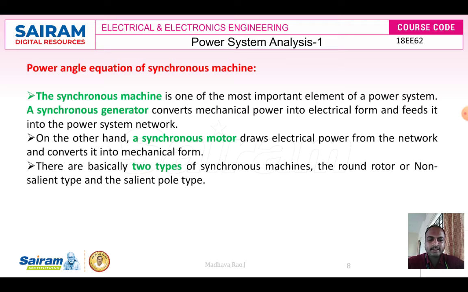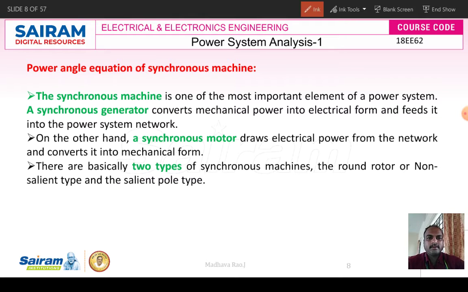Electrical power we cannot generate without the synchronous machine, since it is the most important device to generate electrical power. So, the synchronous generator we can also call an alternator, or AC generator. Generally in hydroelectric power plants, thermal power plants, nuclear power plants, even in tidal power plants, we are using this type of generator.